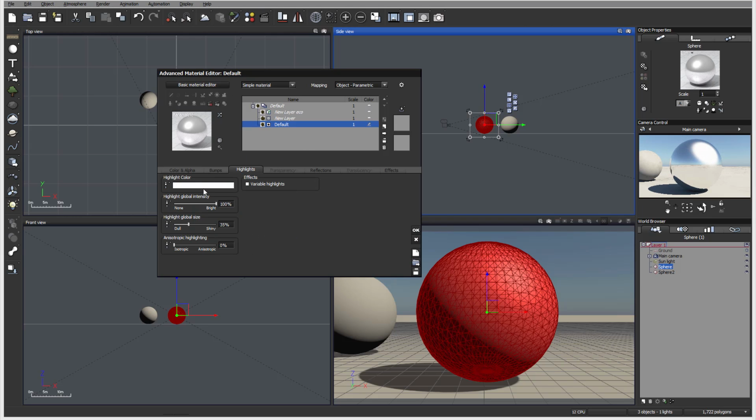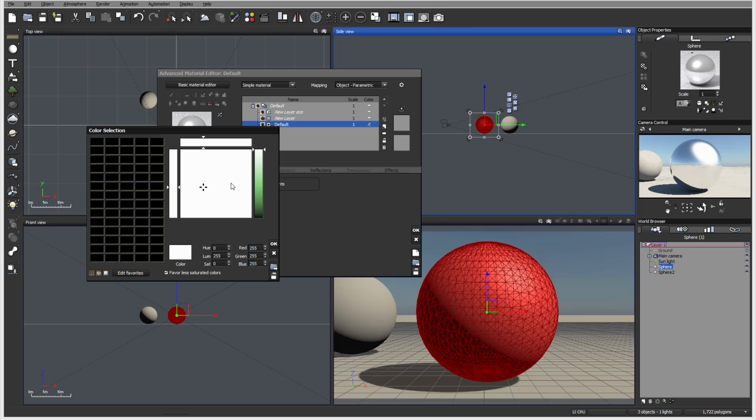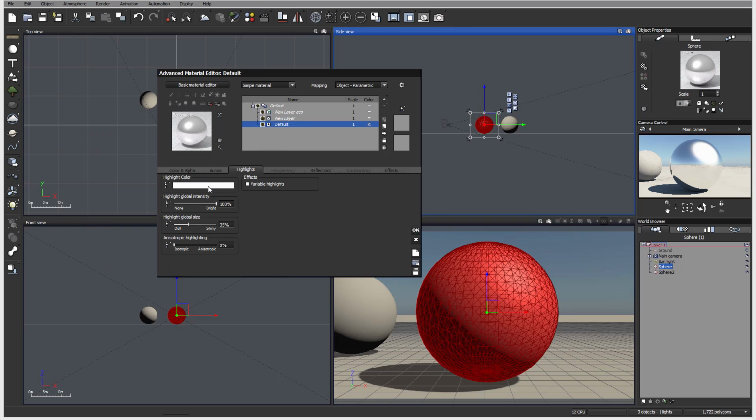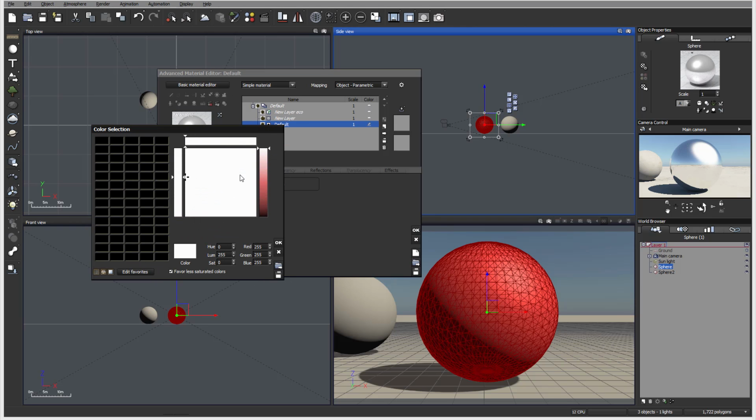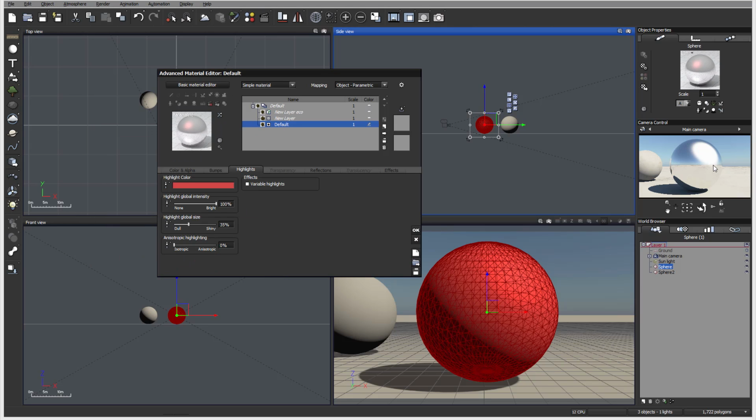So let's go back to highlights, and highlight map. What I want to do, we can modify it. So I can go and change color. Okay, so now our highlight should be a little bit red. What if I want to have it different? What if I want to select rainbow or other ones? You notice on some options we have symbols right here, and this means we can